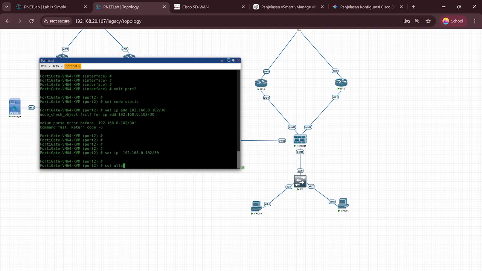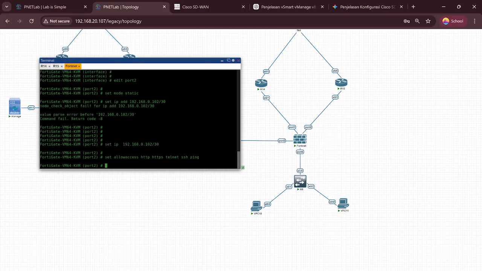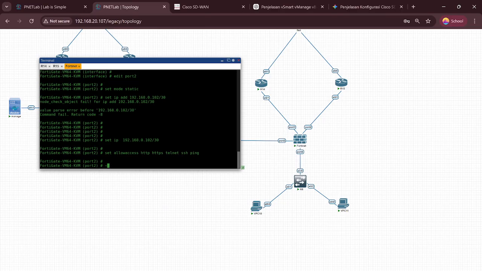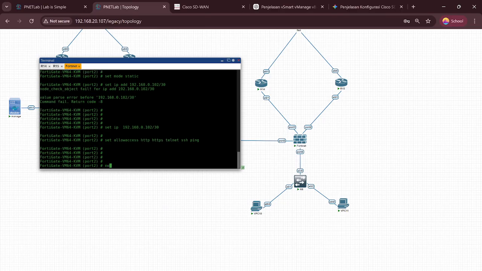Set allow access: HTTPS, telnet, SSH and ping. Okay, now to next.